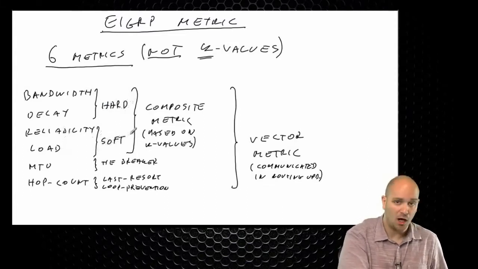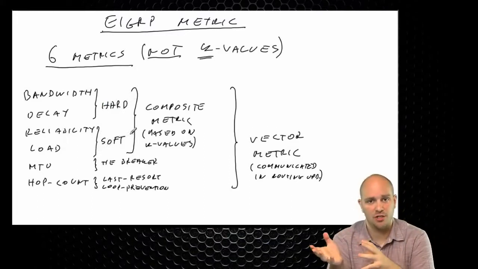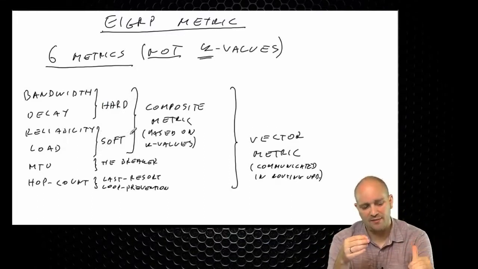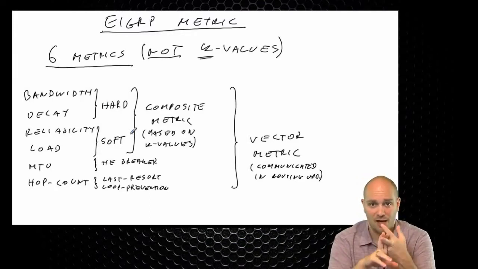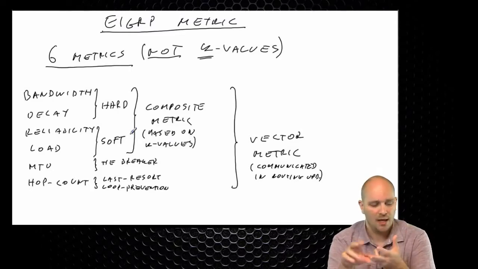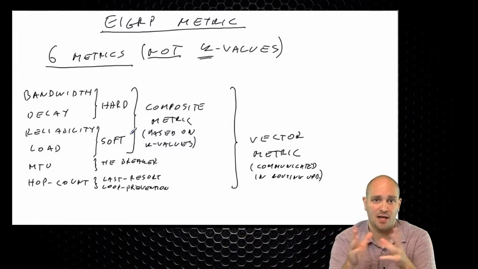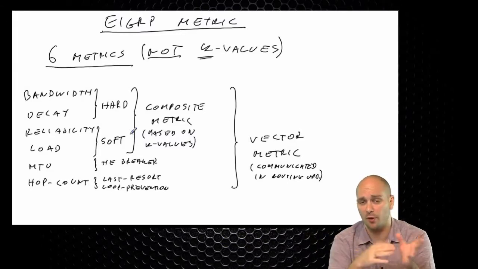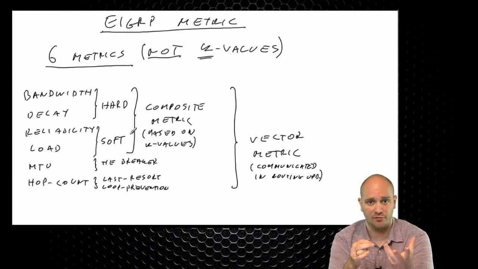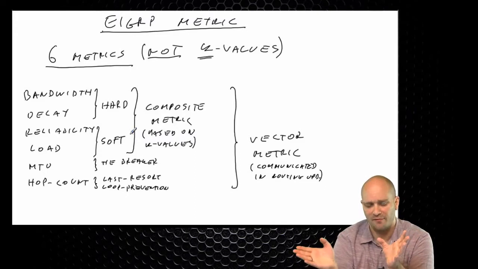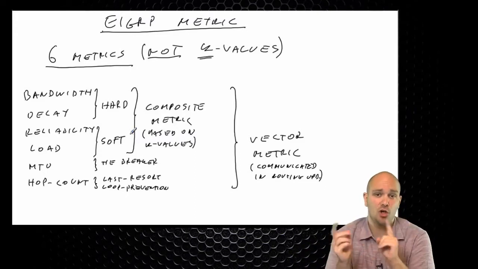Now, why do I call them hard and soft? If you have an interface that is enabled for EIGRP, it will actually have these 4 parameters. It will have the configured bandwidth, it will have the configured delay, it will have measured reliability and measured load. Now, reliability is the factor of how many errors you have on that interface, and this is how the value from 1 to 255 will be measured. And also the load, how loaded is the interface, what is the utilization of the interface on a scale from 1 to 255. Now, reliability and load are measured values, and bandwidth and delay are actually not measured, they are